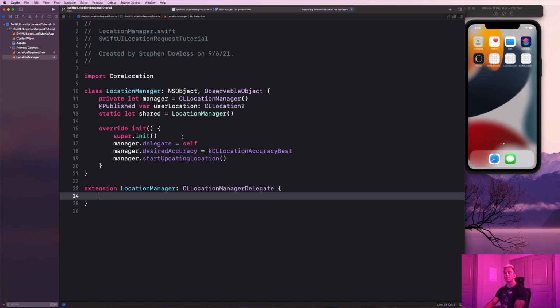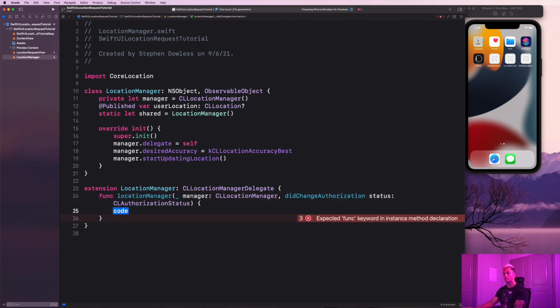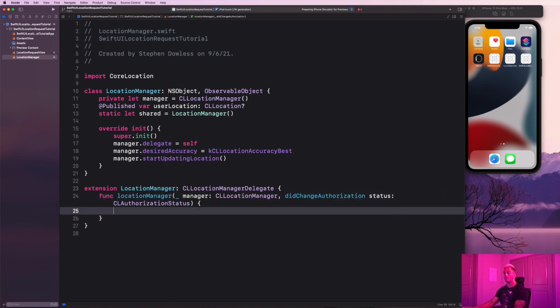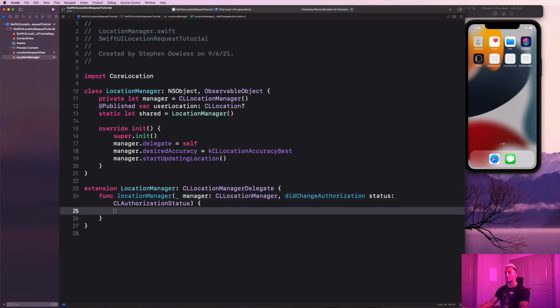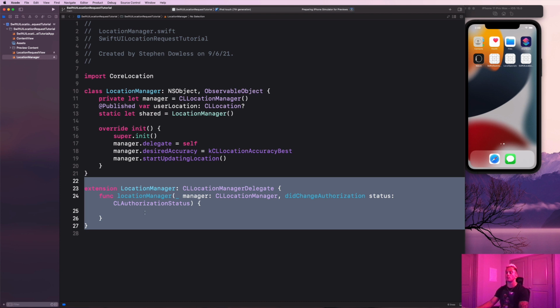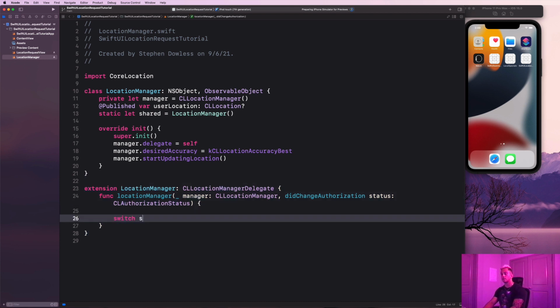One is going to be didChangeAuthorization status right here. And this is going to be the function that monitors changes on the user's location status. So it starts off as undetermined, right? And then if they allow access, the permission status changes, right? So when the permission status changes, this function will get called and will be able to do stuff. So we're going to say switch status,